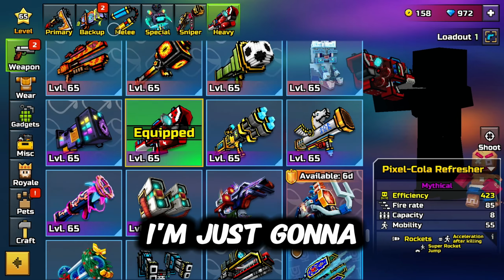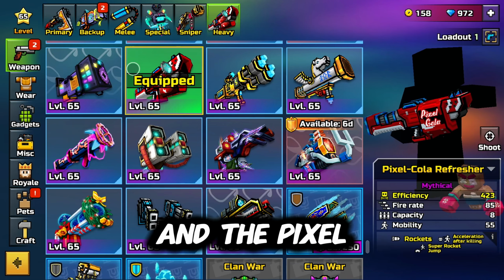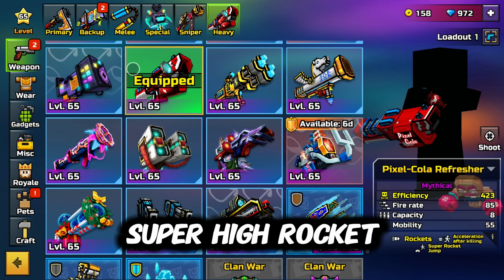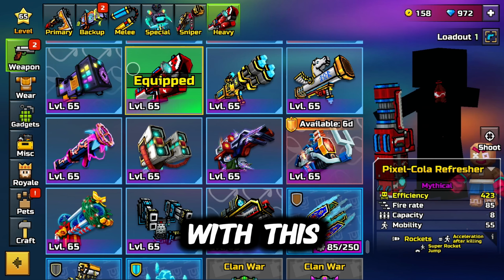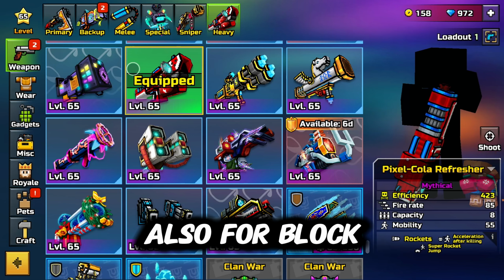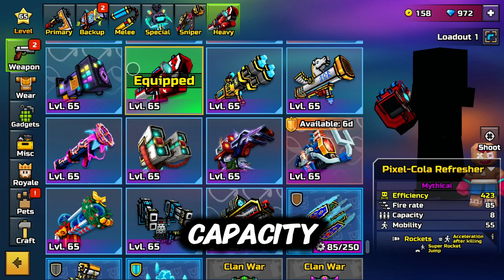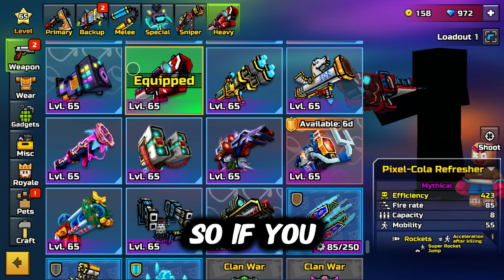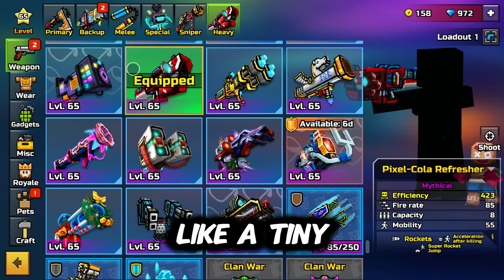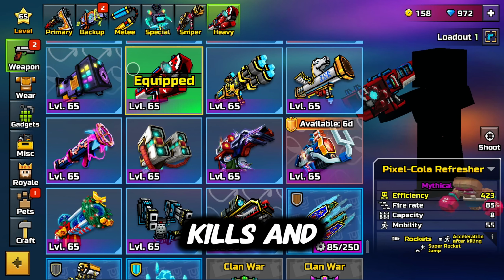And for the heavy, I'm just gonna recommend you guys one single heavy, which is the Pixel Color Refresher. What it does is it has a super high rocket jump. You can super high rocket jump with this. This is probably the best mobility heavy you can get. Also for block crash, it's really good, and you have 8 capacity and also acceleration after killing. So if you actually want a 3 cat spam with this, since it has no delay or a tiny bit, like a 0 point something seconds of fixed delay, you can actually manage to get kills and be a